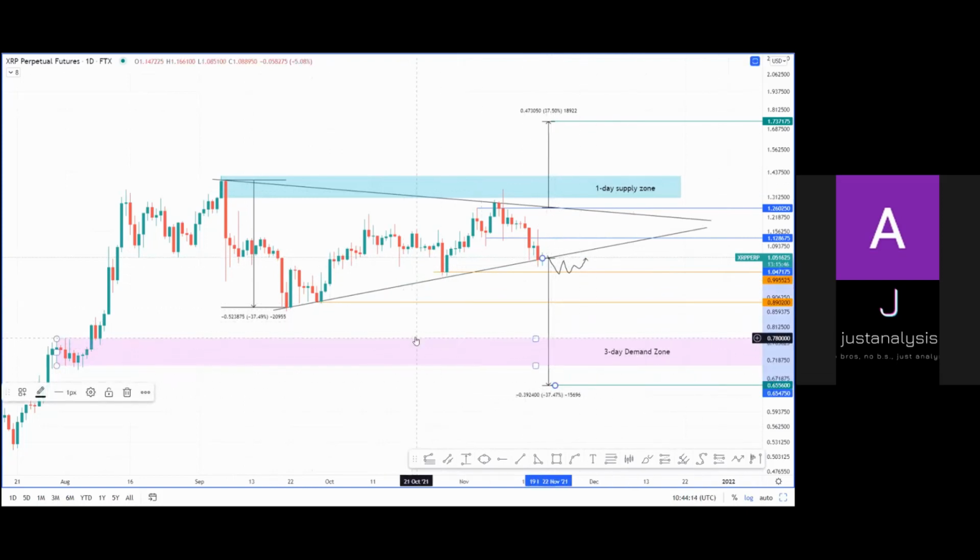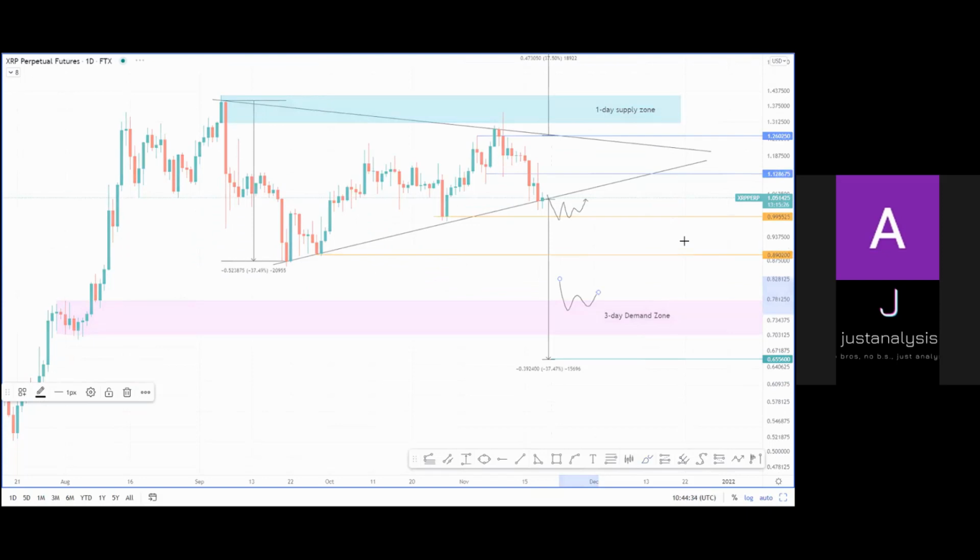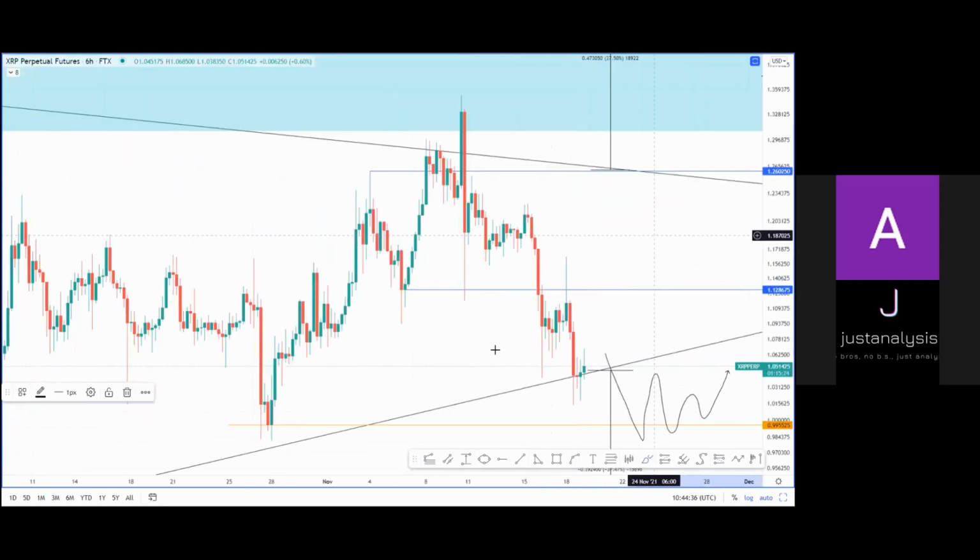But then I have this 3-day demand zone here, which ranges from 0.70 to 0.77. So I'm expecting it to serve some kind of cushion, cauterize this wound, and probably stay above here. But right now, what I see is not this bearish outlook for XRP. I see a bullish, at least a temporary bullish outlook, where